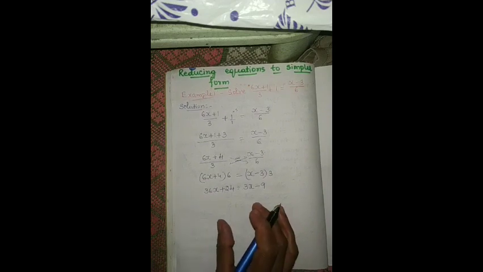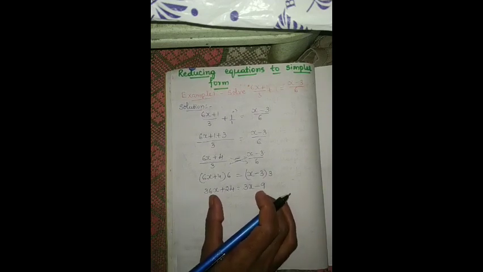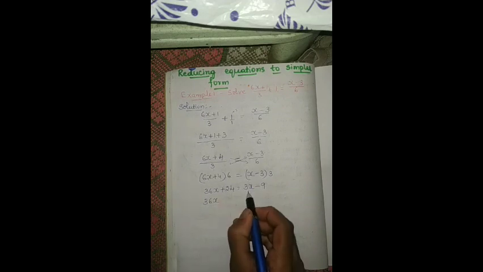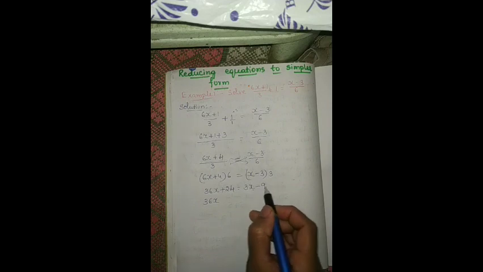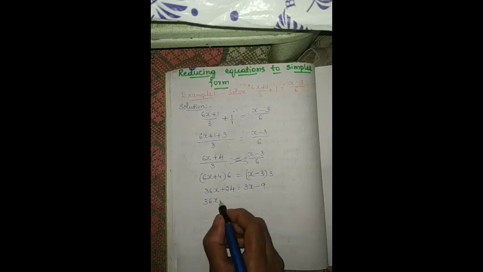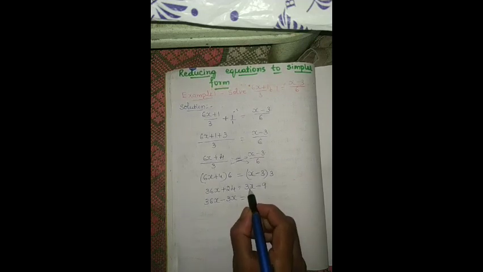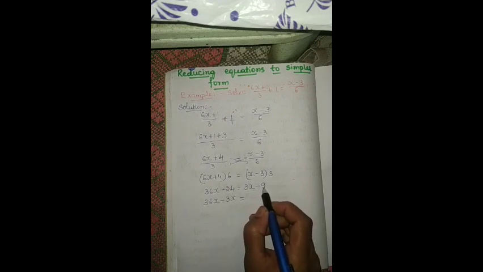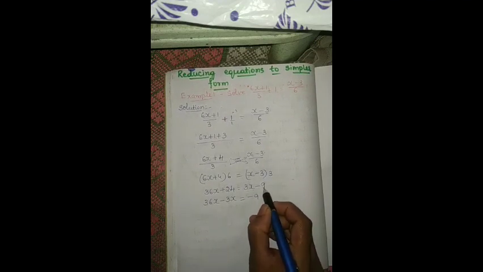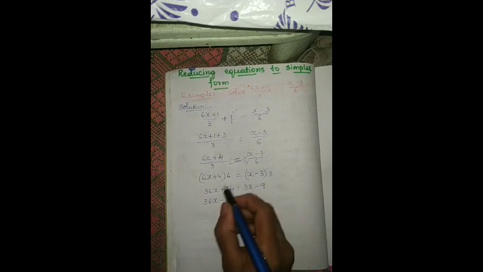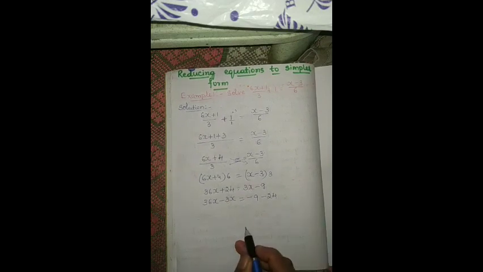Now, as usual, in this case, we have to combine the terms having variables. So, how to combine? 36x. Here on the right hand side, the term along with the variable is 3x. That should be brought to the left hand side, and when bringing it, its sign changes, children. Its sign becomes minus 3x. Here it was plus 3x, it becomes minus 3x. Now, on the right hand side, there is minus 9 already. This 24 should be brought to the right hand side. While bringing, its sign changes, that becomes minus 24.